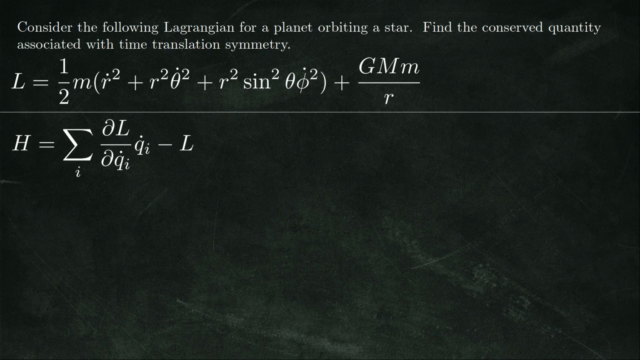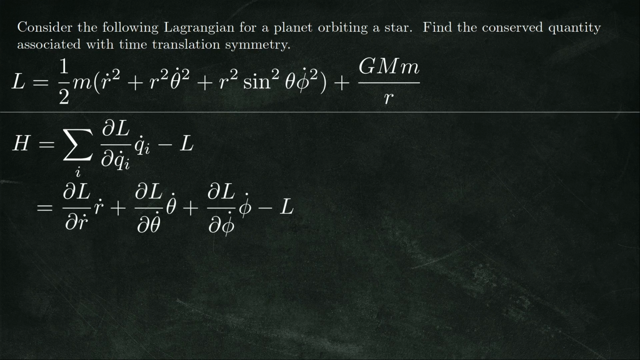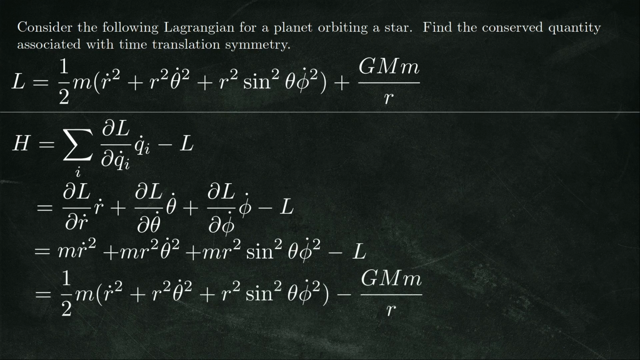Okay, so hopefully you've had a go on your own. So the first step would be to rewrite this expression in terms of all the generalized coordinates and velocities, and then you substitute things in, and this should be your conserved quantity. And notice this is just the kinetic energy in 3D polar coordinates,